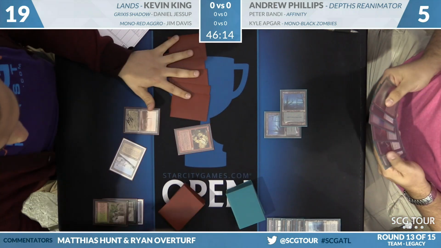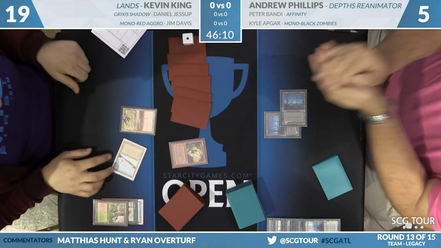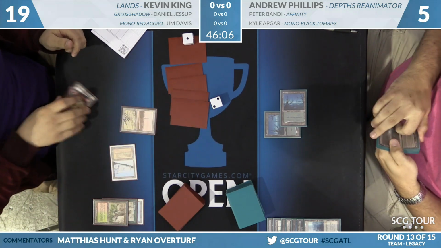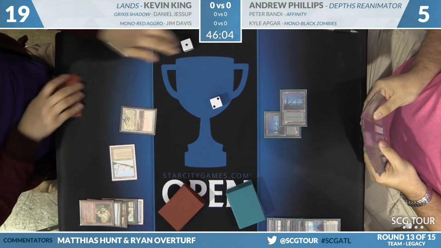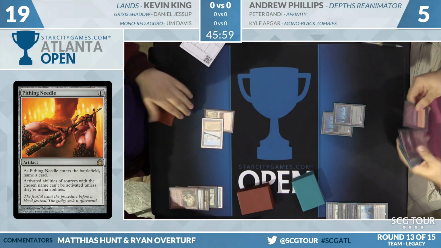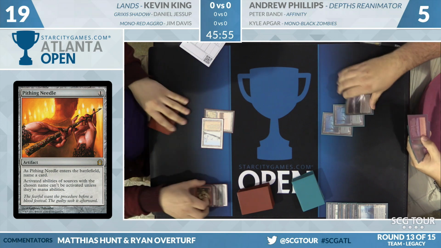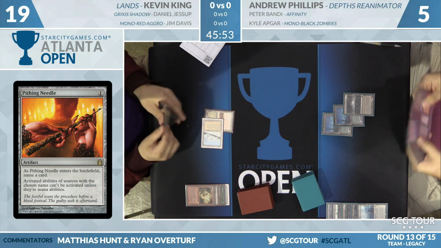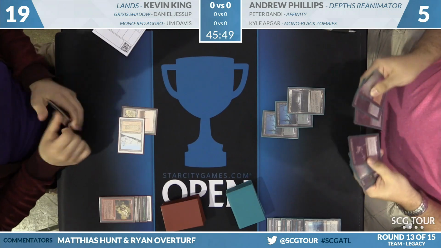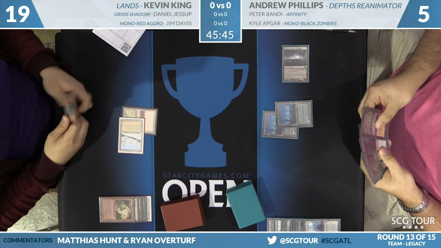He can find it with Beseech the Queen. That's one of his only answers to this Karakas. Yeah, in the main deck, that's really it. Other than that, his plan is Hex Mage beatdown against this punishing fire deck. Here is Urborg. Now, if you Pithing Needle Karakas, it still makes white mana, but the second ability...